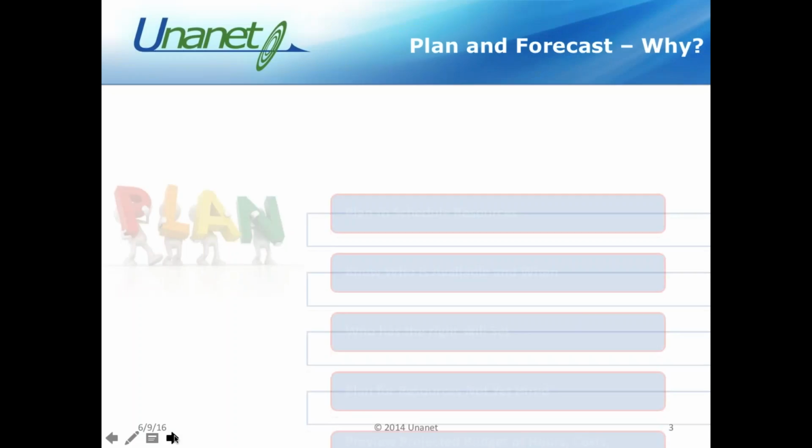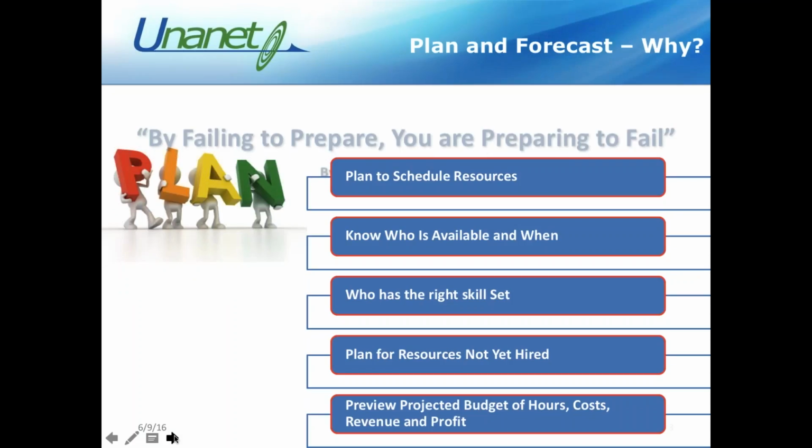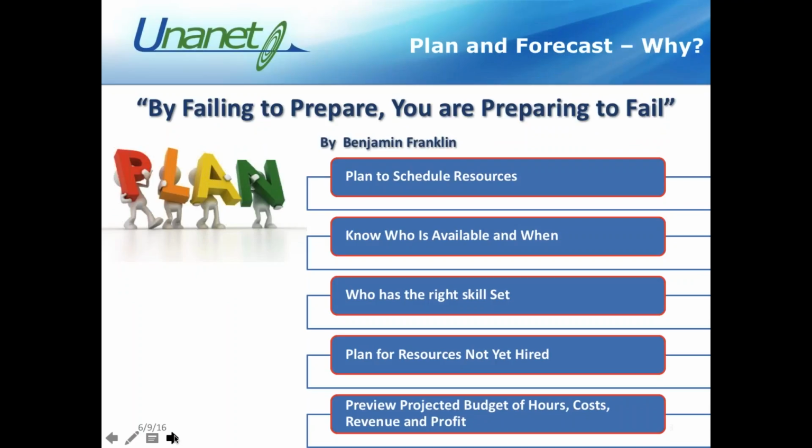Planning. Well, you know, why are we here? Why are we doing this? That's the planning grid. You know, Benjamin Franklin, I like to use this one: by failing to prepare, you're preparing to fail. Well, you need to be able to plan resources and expenses in Unanet with that portfolio license